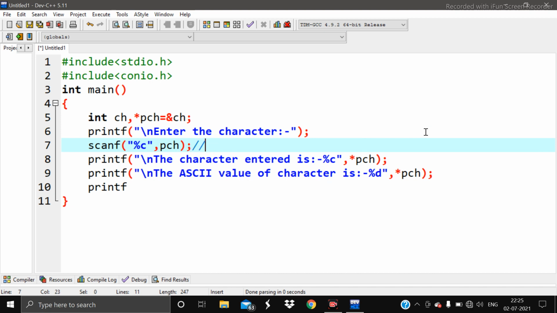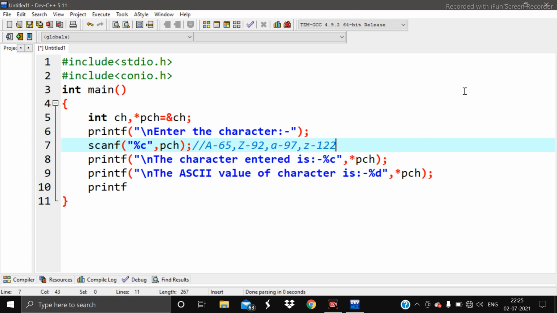So you know that capital A ASCII value is 65, and capital Z ASCII value is 92. Similarly, small a ASCII value is 97, and small z ASCII value is 122.